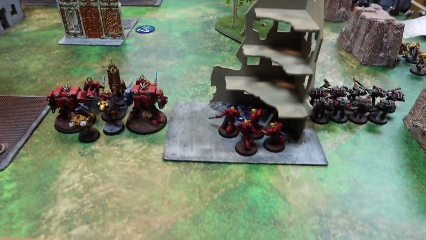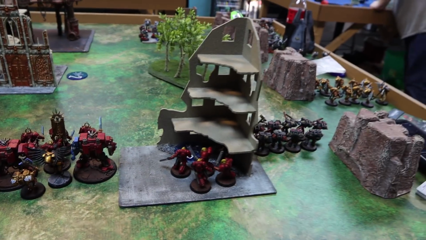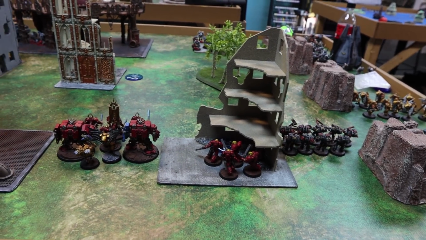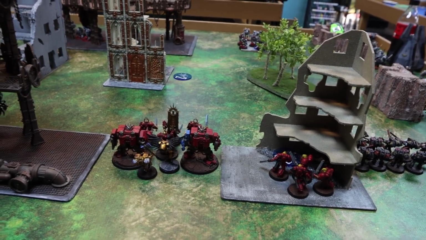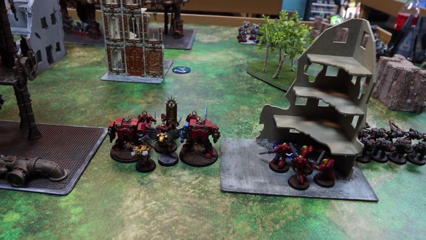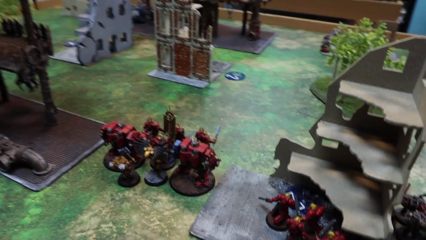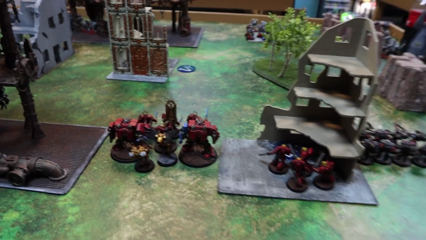Essentially, if I control both objectives in my deployment zone and one of the objectives in my opponent's deployment zone at the beginning of my command phase, I score 4 points. And if I control both objectives in my opponent's deployment zone and both the ones in my deployment zone, I score 8 points. My opponent has chosen Engage on All Fronts, a Mighty Saga, which essentially means he gets points